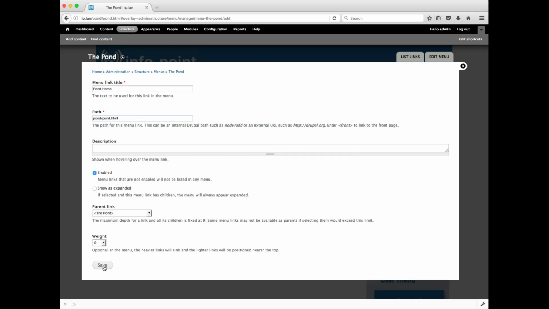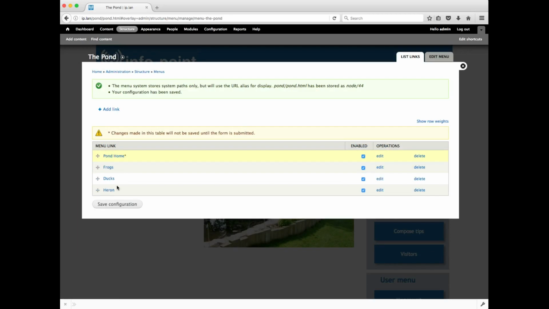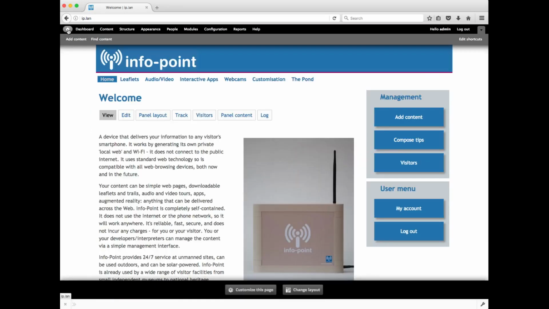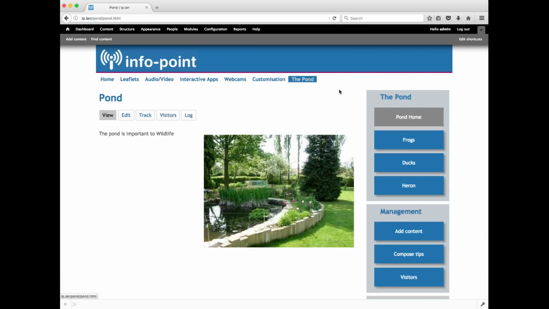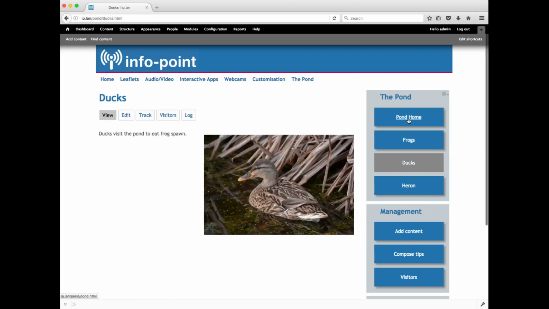And what we're going to do now is save it, and then let's just drag it to the top, because I think that's where a home link should be. Save the configuration. And now let's go to the home page of the info point. So we're going to visit the pond, and you can see that the pond and the pond home are both highlighted there, the selected menus. And now we can visit frogs, ducks and heron,